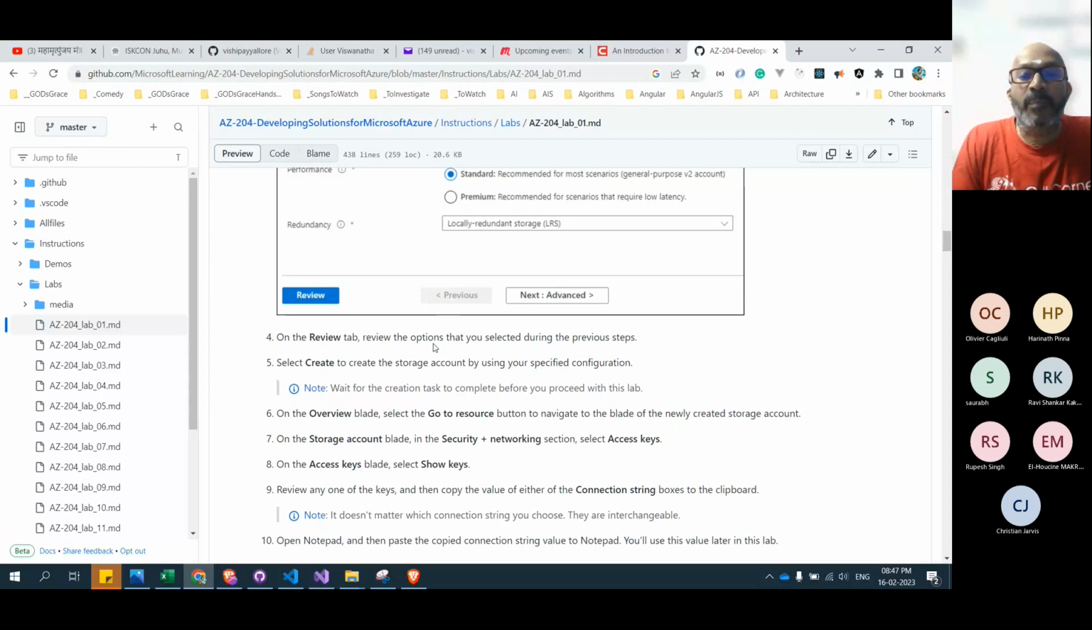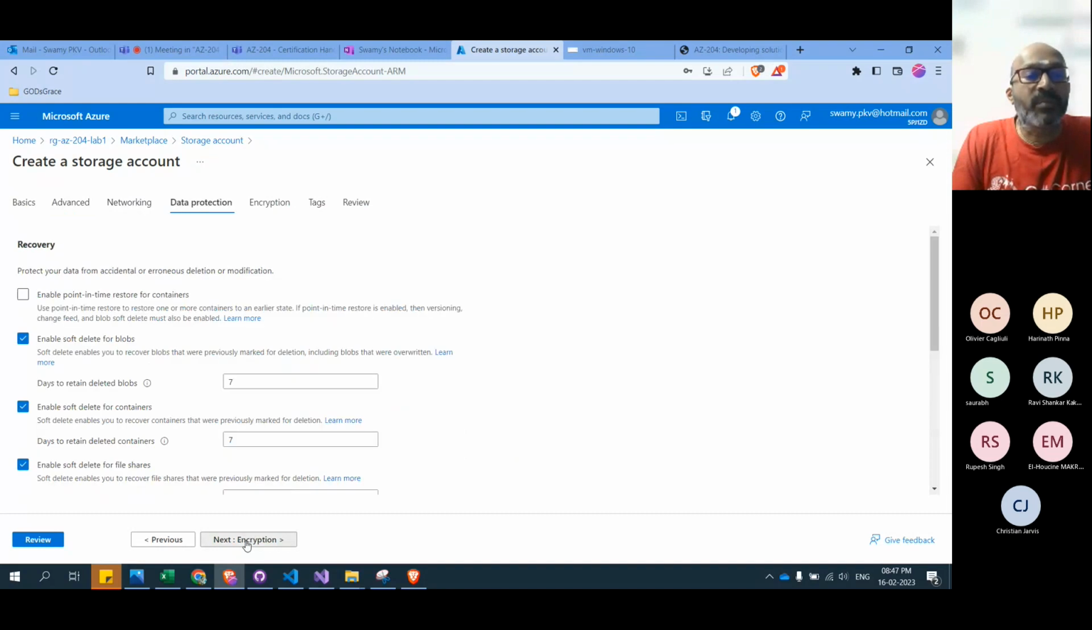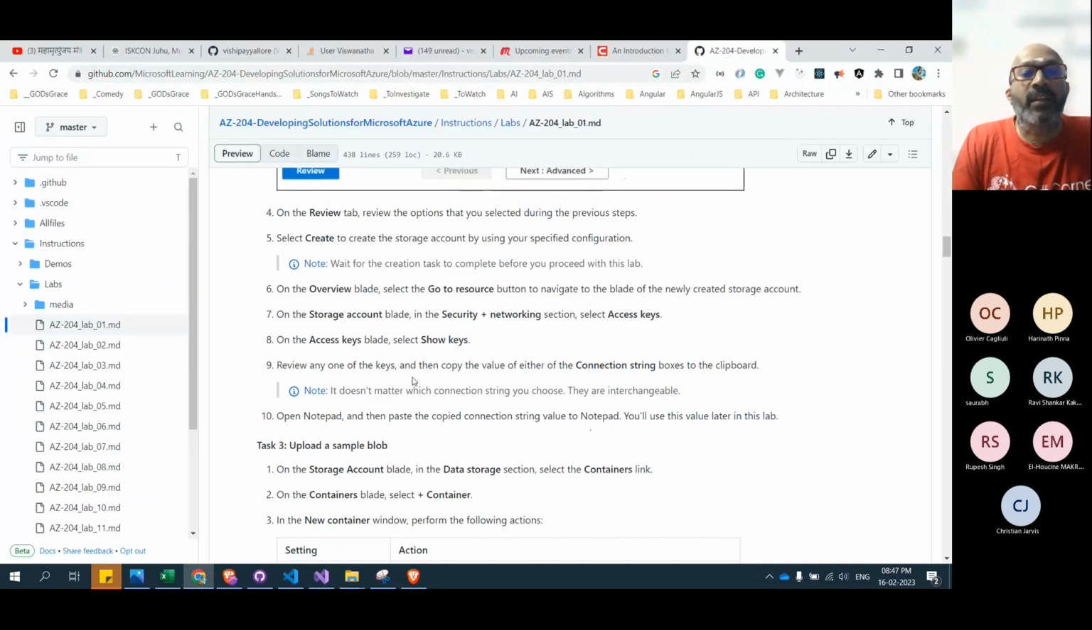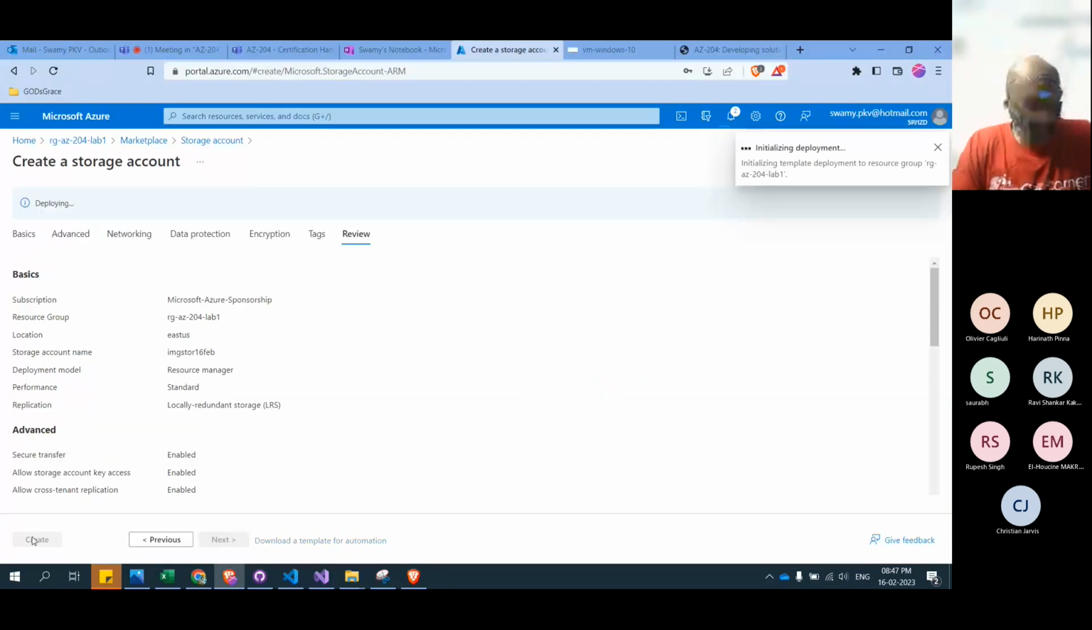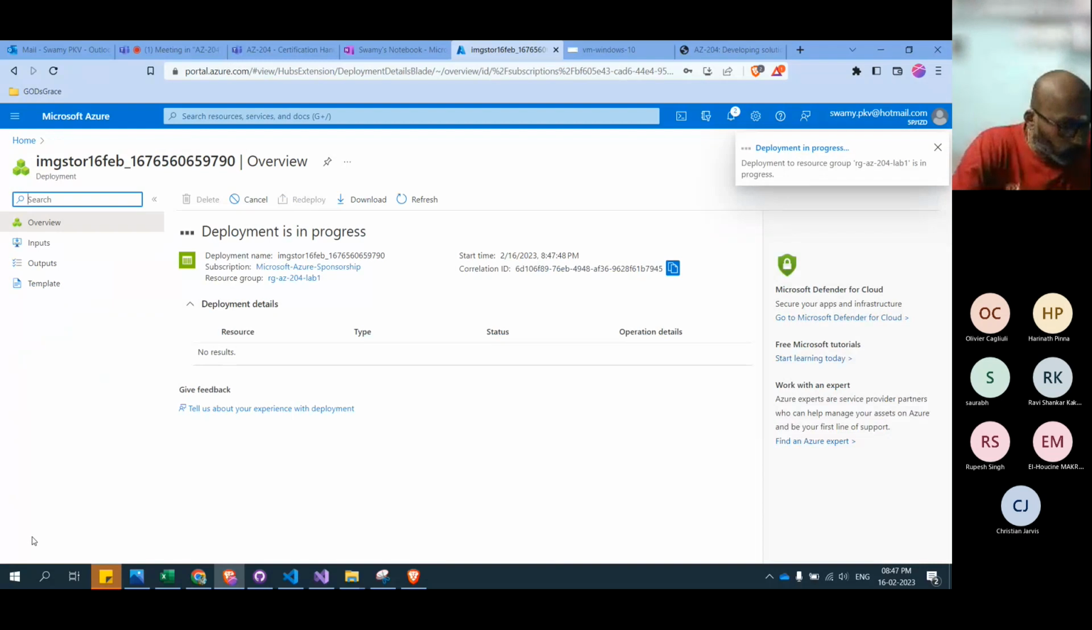On the review tab, there are a lot of options. We will not touch anything, and we'll come to the review tab and select create to create the storage account. So let's click on create. It will create the storage account. There are a couple of points I would like to highlight here. The first point is